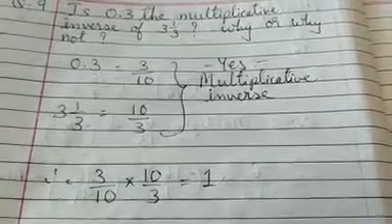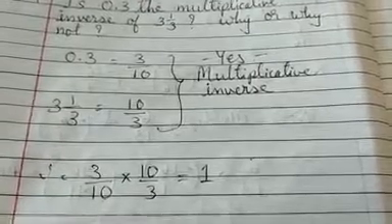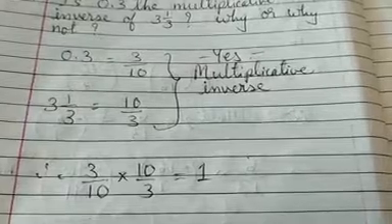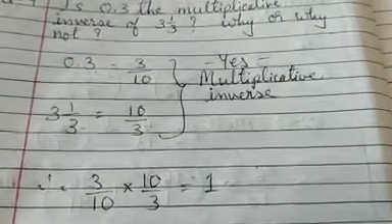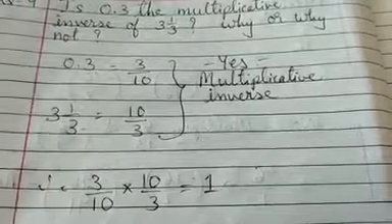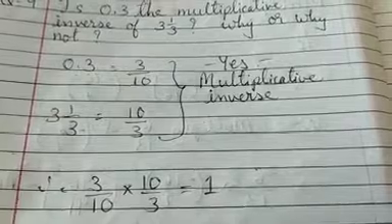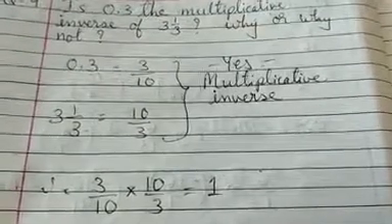And what is the improper fraction form of 3 integer 1 upon 3? It's 10 upon 3. 3 3s are 9, 9 plus 1 is 10. So look at both the rational numbers, 3 by 10, the other one is 10 by 3. So you can see 10 by 3 is the multiplicative inverse of 3 by 10. So our answer is